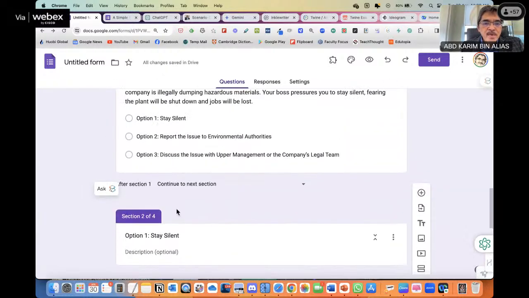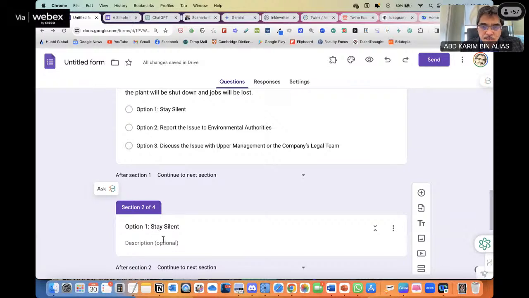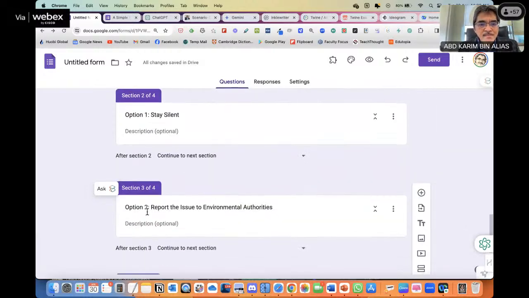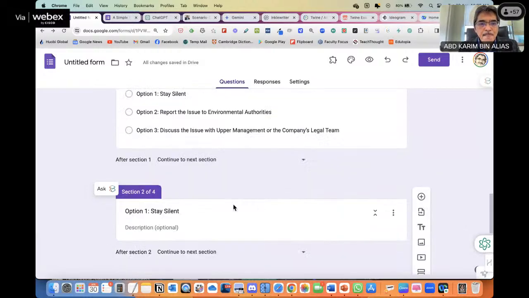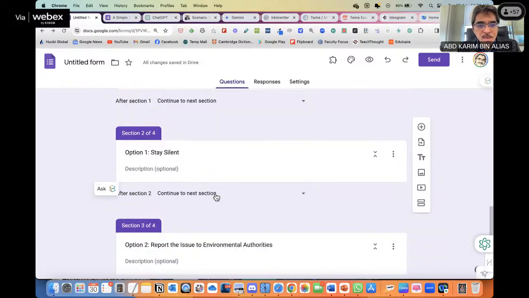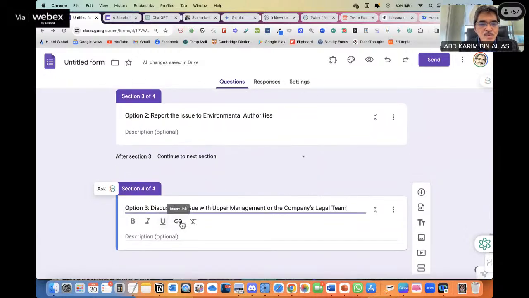This is where, if the student chooses option 1, it will take them to this section. If the student takes option number 2, it will take them to this section. If the student takes option number 3, it will take them to section 3 here.